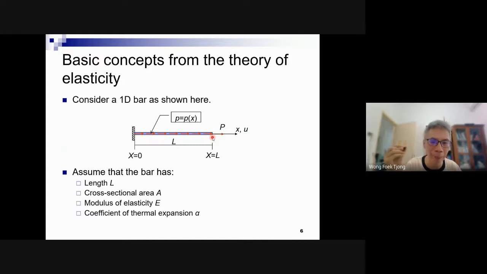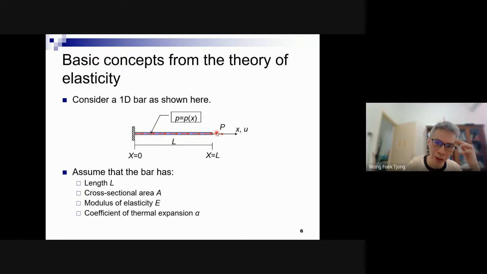A little bit tapered is okay. And let's say the bar has length L, cross-sectional area A. It can have a different modulus of elasticity E. We assume that it's homogeneous across the thickness of the bar, but doesn't have to be